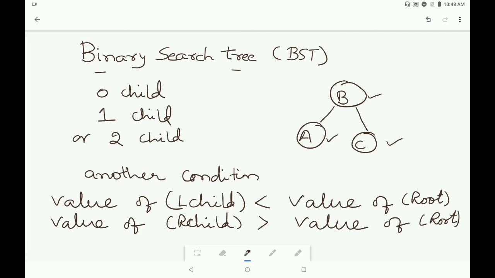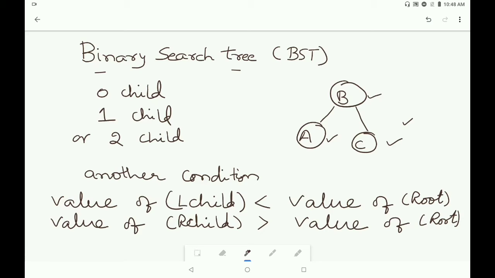So in a binary search tree we can say that the tree should be binary. It has at most 2 child nodes and we have another condition that value of left child is less than value of root and value of right child is greater than value of root.